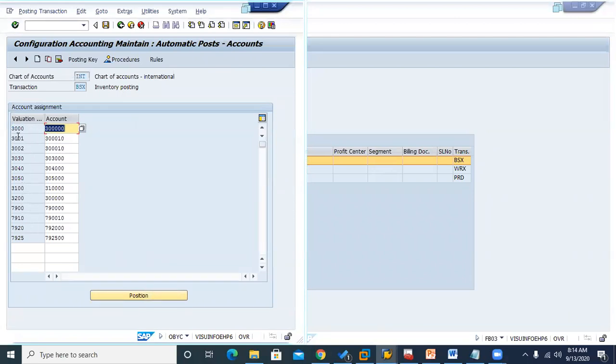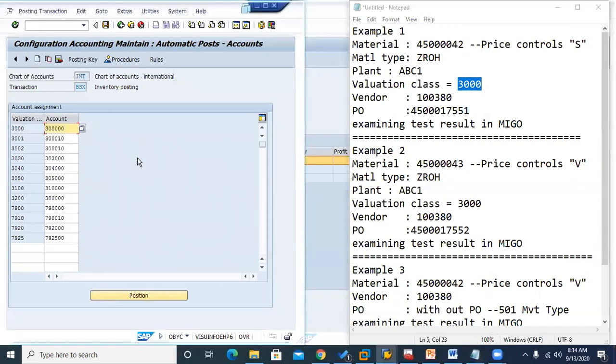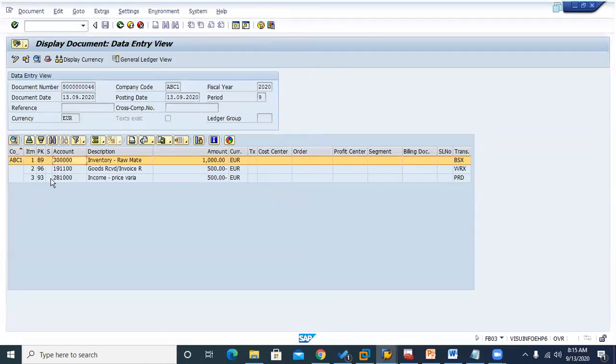It's not a single record that it can pick directly. Again, there are many records, many accounts. So which account is it supposed to pick? There is a combination with the valuation class. In this material, we have seen the 3000 valuation class, and therefore this account is going. With this 3000 valuation class, there will not be any other combination; if there is a combination with this 3000 and any other account, the system is not going to accept it. Only one account will be there. That is the reason that for the 3000 valuation class, the 300,000 account is assigned.